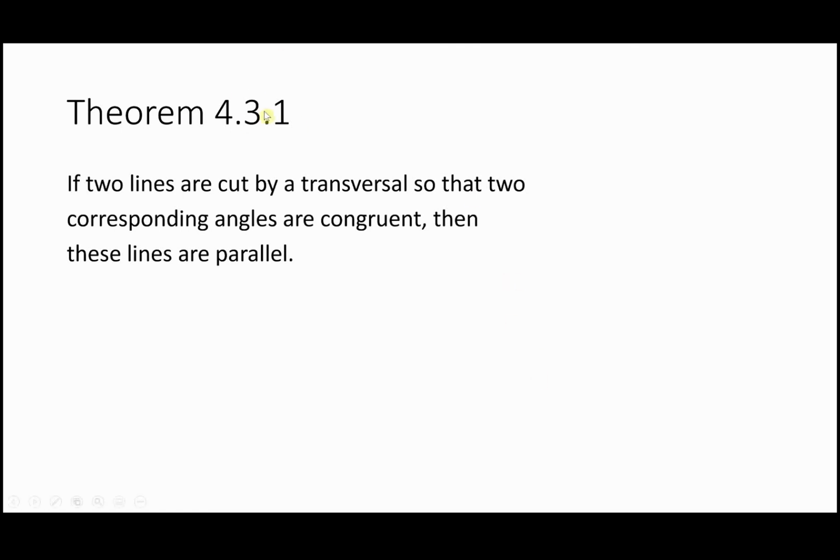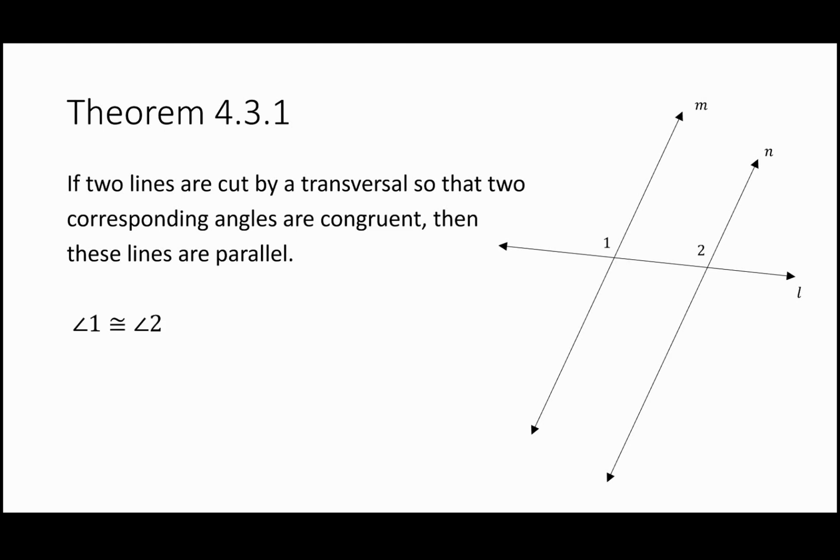And as you can see here with the numbering, this is the first theorem presented in this section, and it states: if two lines are cut by a transversal so that corresponding angles are congruent, then the lines are parallel. So let's entertain this case where we have lines M and N cut by transversal line L, as you see in the figure here, and then two corresponding angles are presented, angles 1 and 2. If indeed these angles can be found to be congruent to each other, then you can claim that the lines M and N